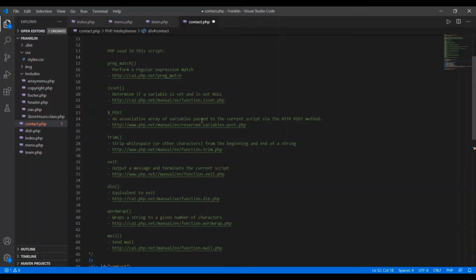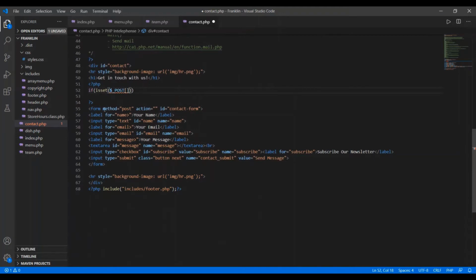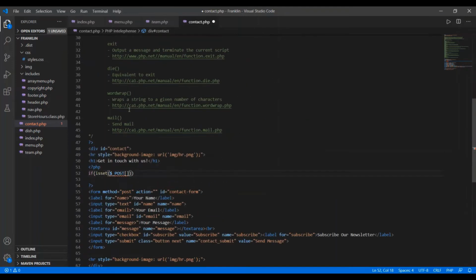It holds the received data from an HTTP form request, when the method of posting is equal to post. If we see, we have created a form over here, and here we have set the method equal to post. So when we submit the data using the method post, this variable is used to receive that data.